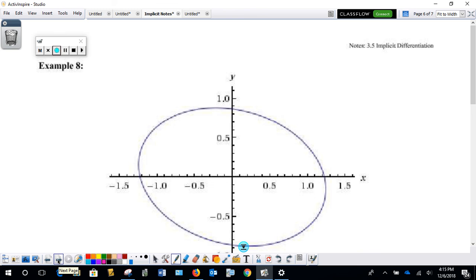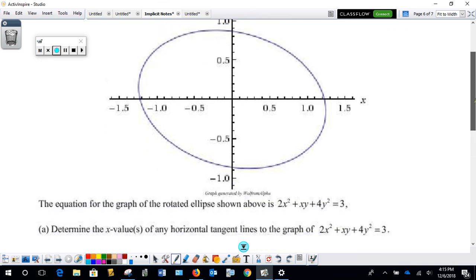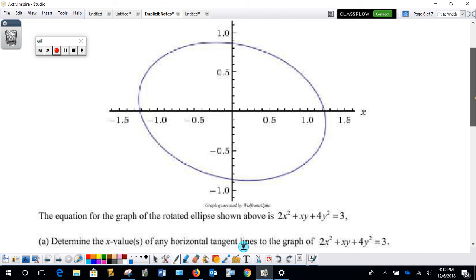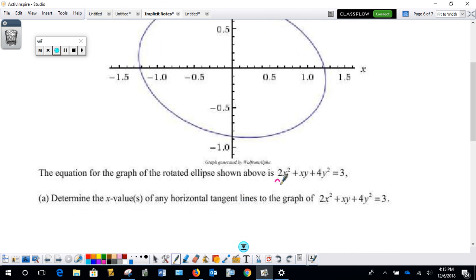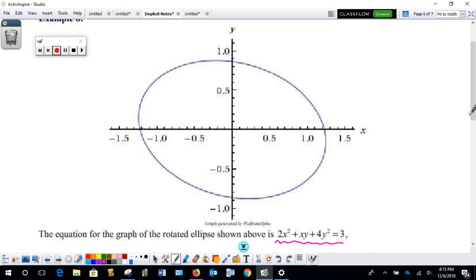All right, then we start to get into functions that don't have to be things like circles that we know. Here's example 8. I used Wolfram Alpha to sketch it, so that's our nice little ellipse on a slant. Here's the equation of that ellipse right there, kind of complicated. And I want to determine the x values of any horizontal tangent lines to that graph. So visually, because I've graphed it, I know that it's probably going to be somewhere approximately here and somewhere approximately here. So I can eyeball it a little bit, but I do want to find them exactly